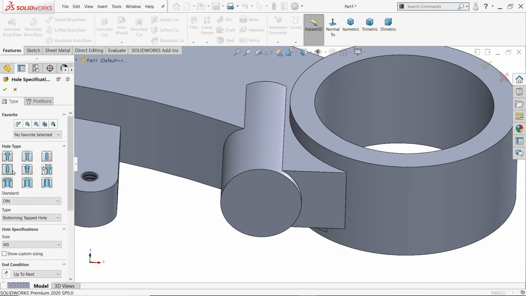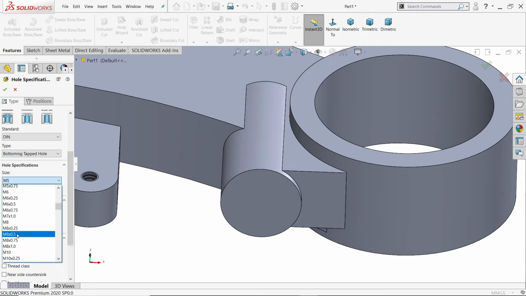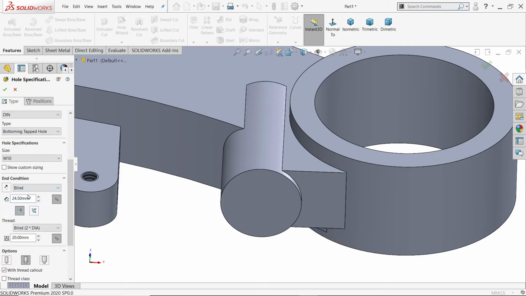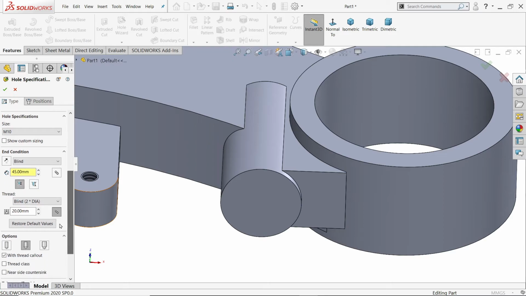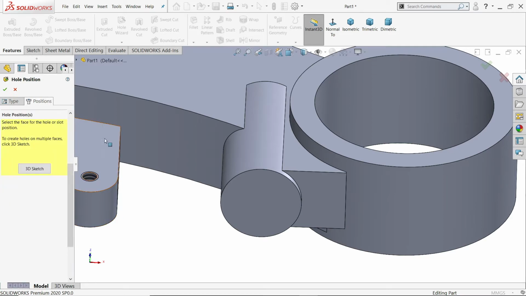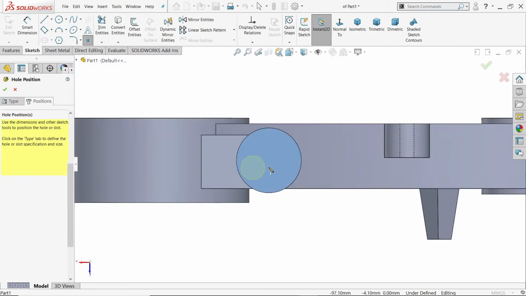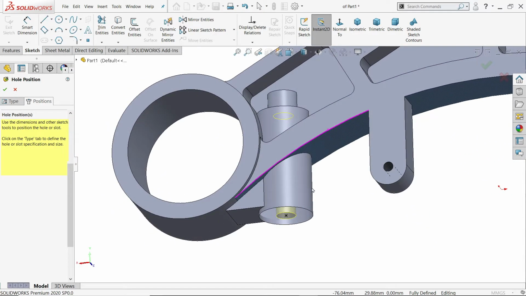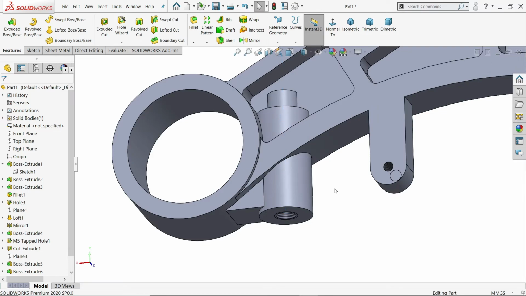Hole wizard, straight tap, bottoming tapped hole, and this time it's going to be M10. Now length is defined 45 and depth up to shoulder, and thread also we will define full 45. We don't need any countersink. Position, I'll choose this one, just place somewhere at center. Escape key to get out, just check preview. Look,